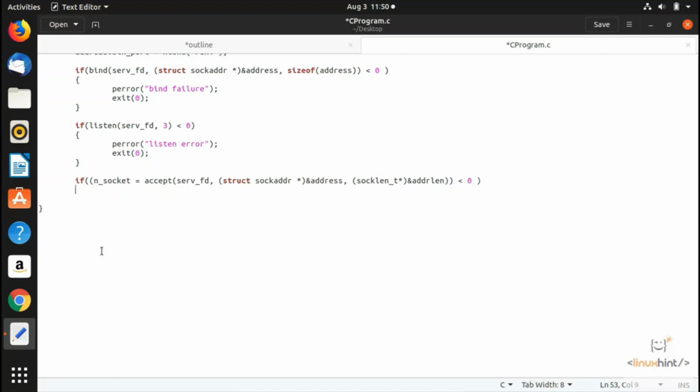Okay, and then I write here curly braces, and inside these curly braces basically I'm gonna have the same error, and I can say accept error. Okay, if that doesn't return basically